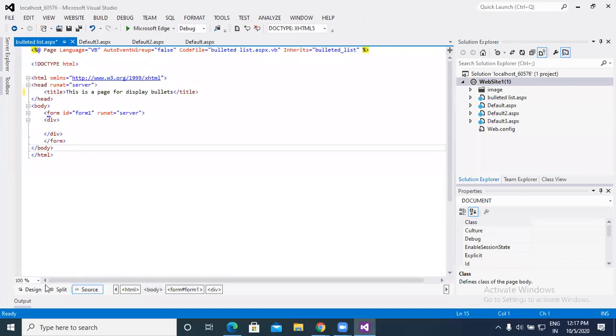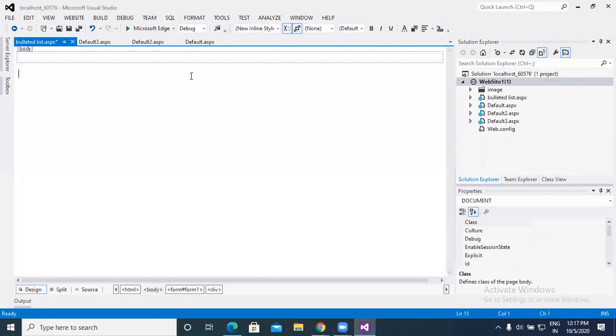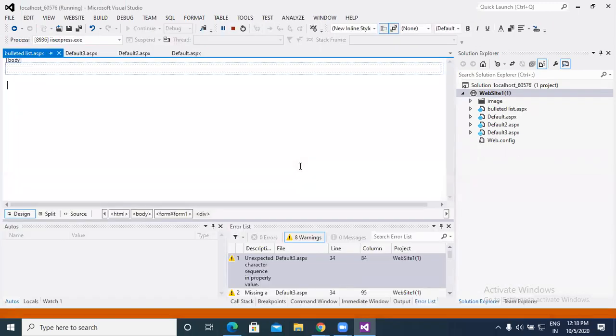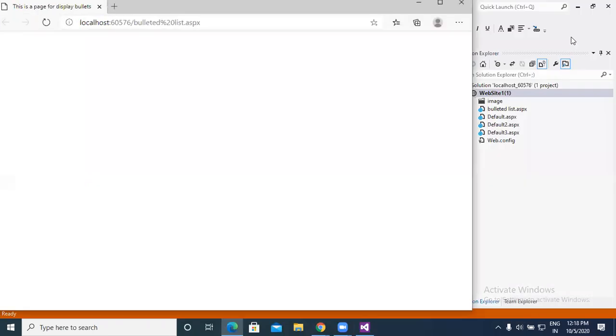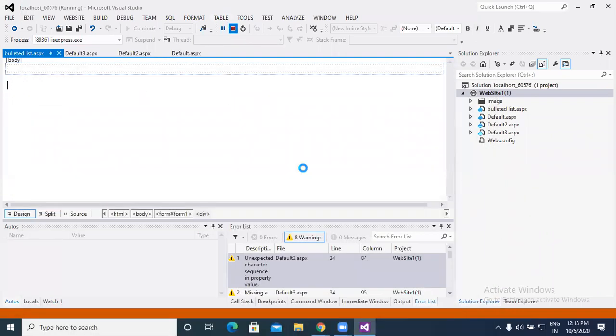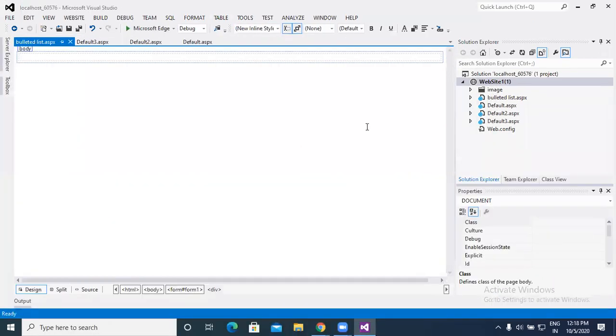So let us get ready to use them. Run the application. Debug and run your application. Now the title will be displayed here: this is a page for display bullets. Now to apply bullets on that web page,